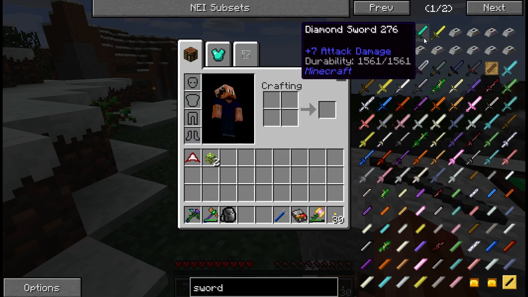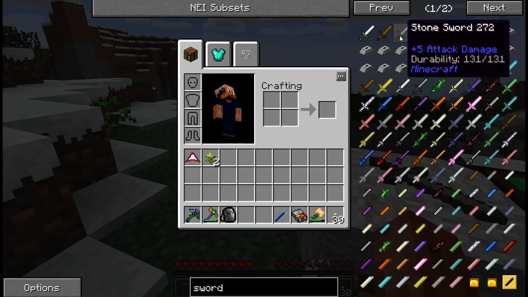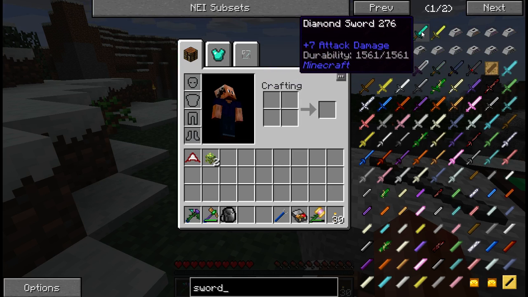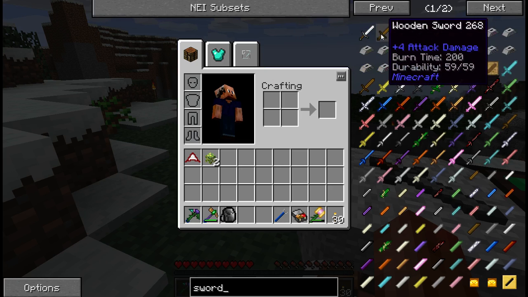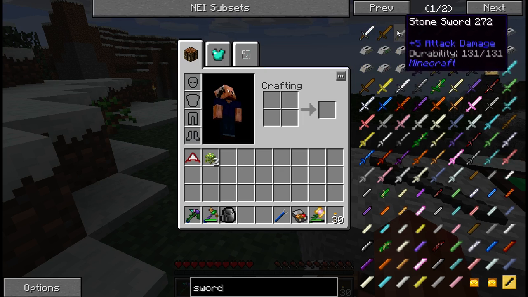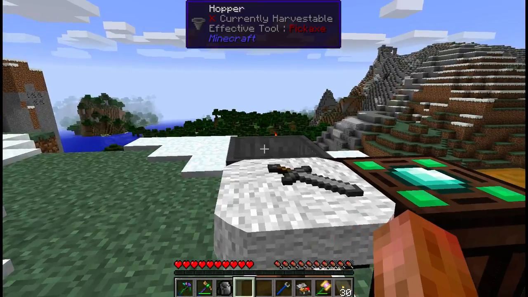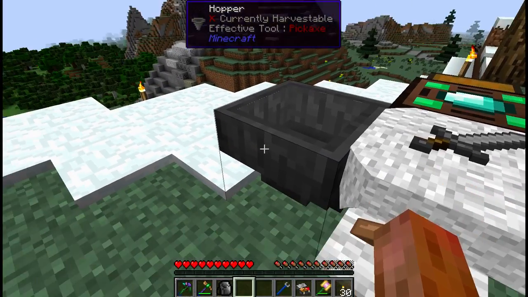See, a stone sword gives you 131. An iron sword is only really not even double that. So it's not worth going to iron. And I ain't going through diamonds. That would be painful. But I've got an idea. I've got a kind of a cool idea. We might do that in a little bit. But in the meantime,